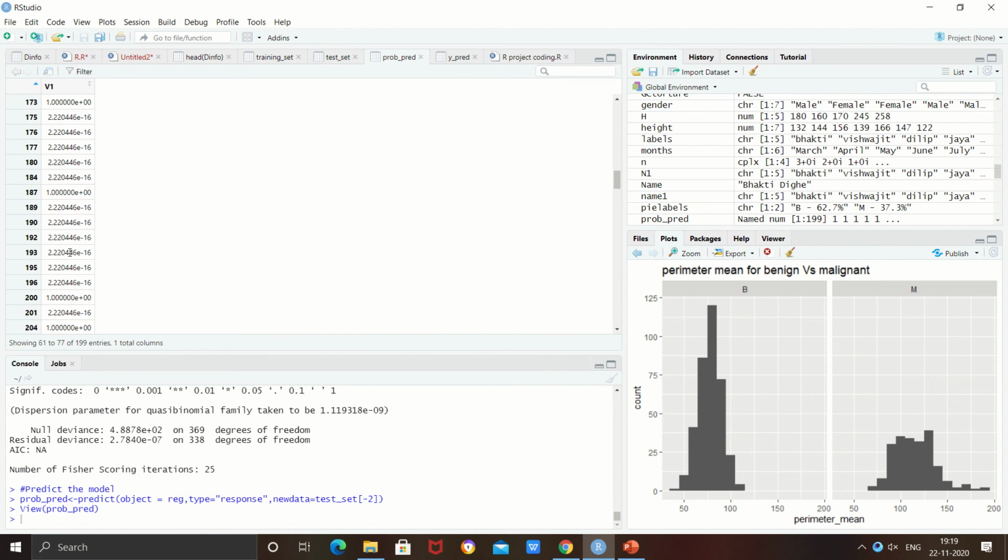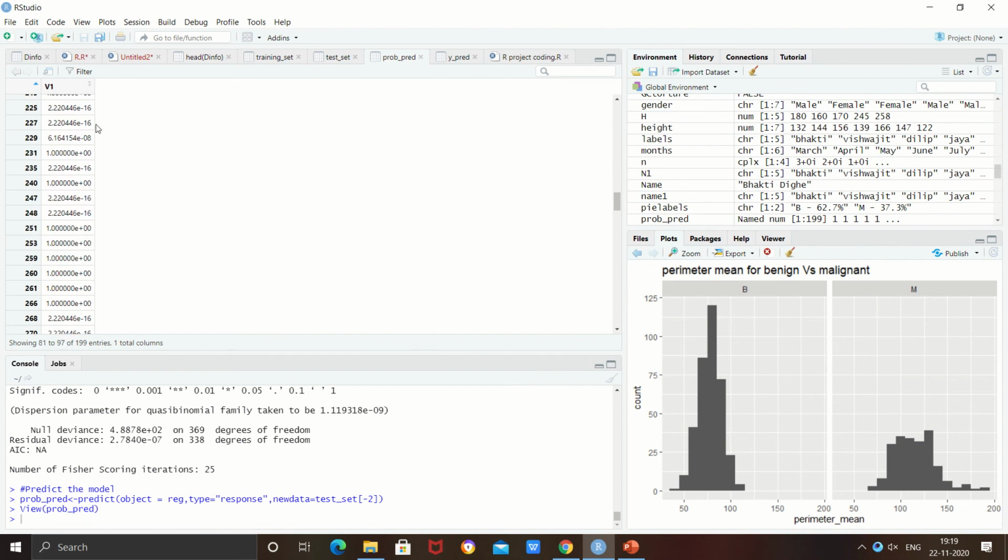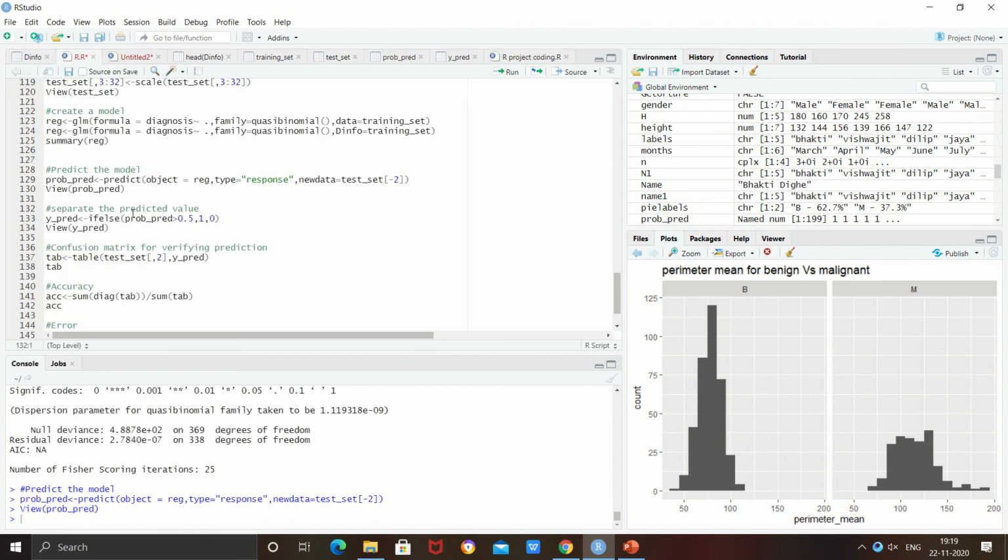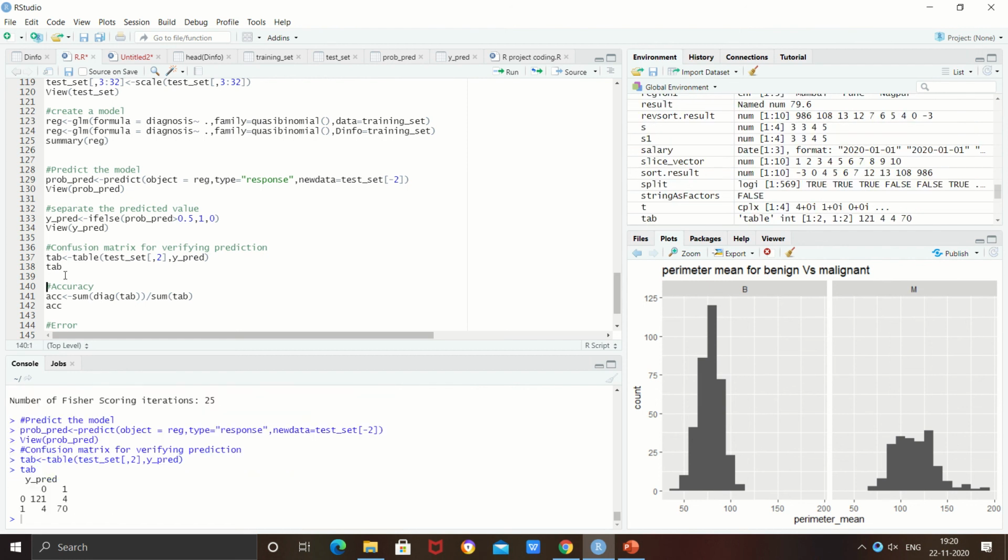So this is what these values appear when we use the predict function. Now we will use a confusion matrix for verifying the prediction. For that purpose we will run this line of code.